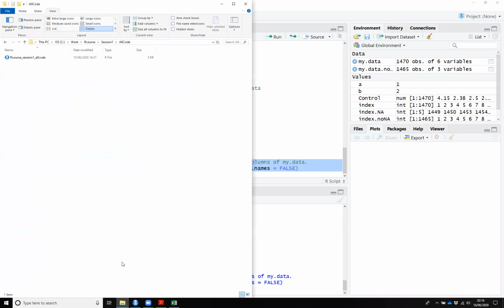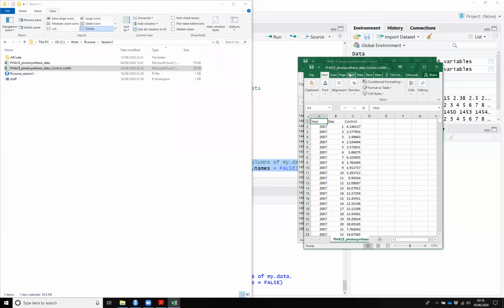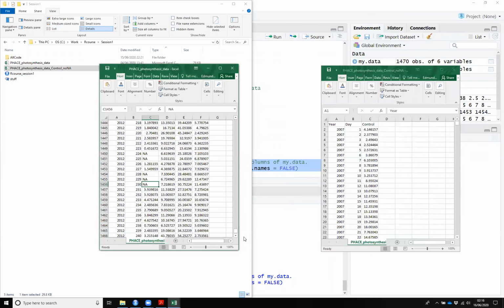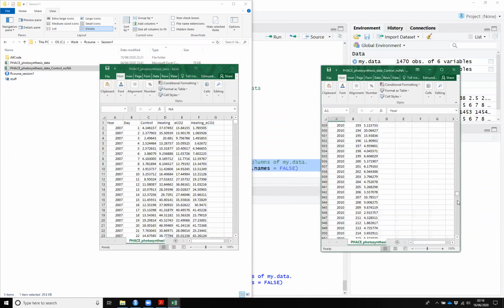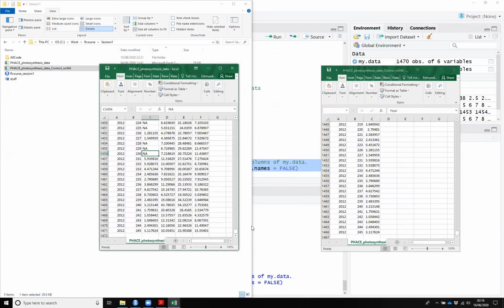Now, if we go to our working directory, you can see there's now a new CSV file we've created. And I'm just going to put them side by side so you can see. So this is our original one, and this is our new one. You can see only the first 3 columns are present here. They're the same 3 columns, with the difference that this new one now has 5